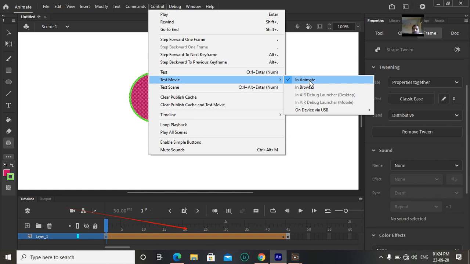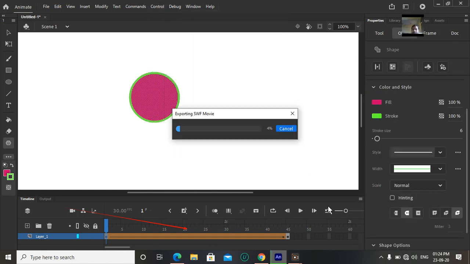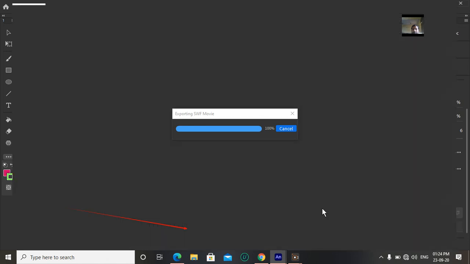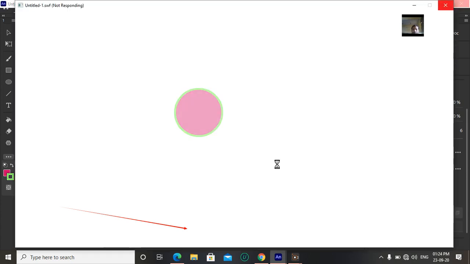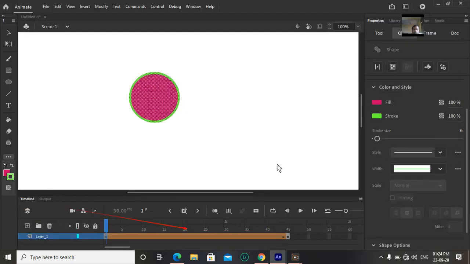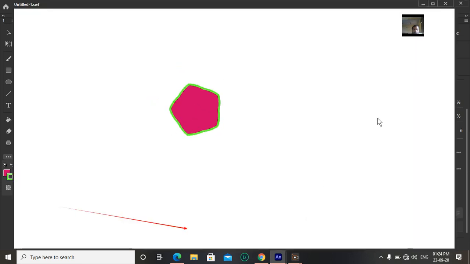When we click on Test Movie, we are going to see the effect. Okay students, see the effect. This is the effect of the Shape Tween.